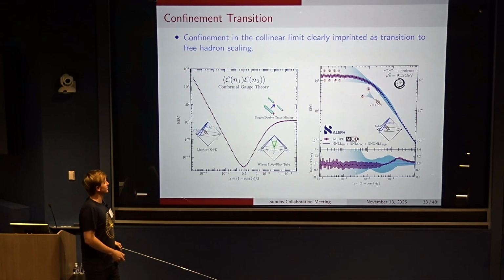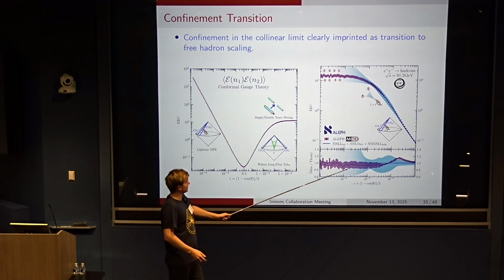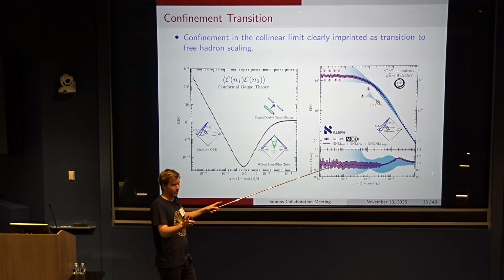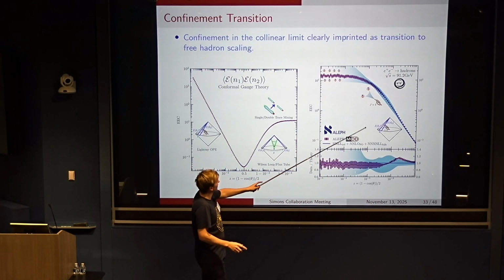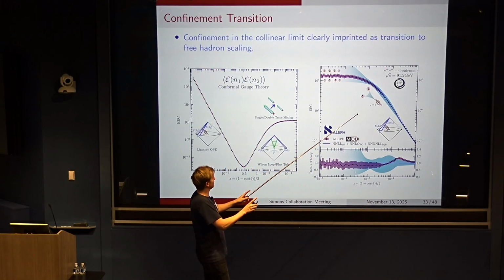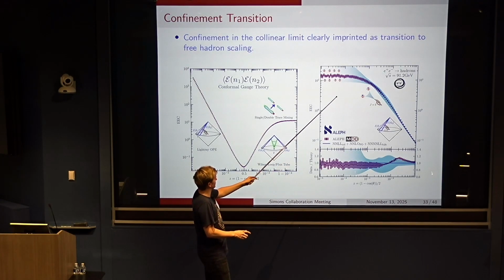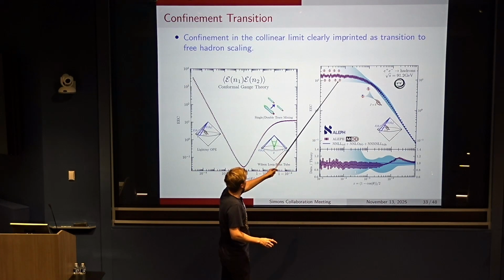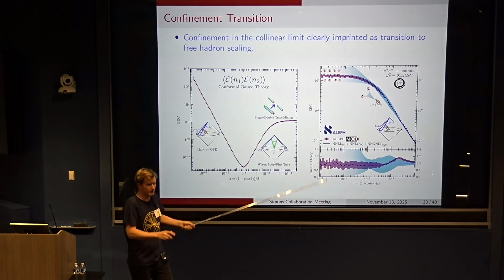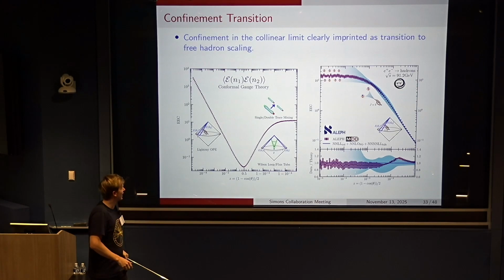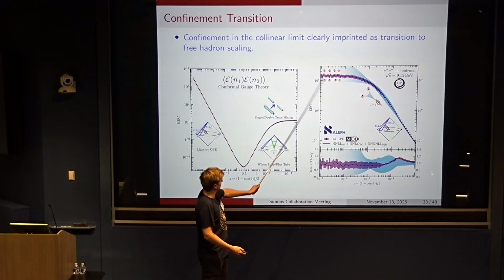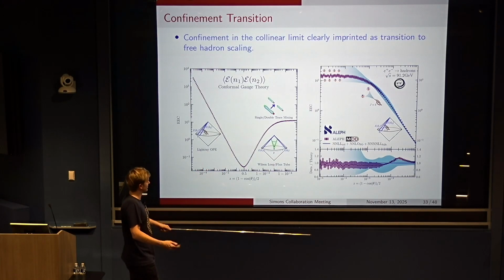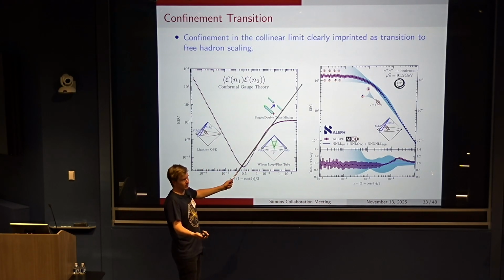In real-world QCD, remember that as I go to smaller and smaller angles, I'm probing lower and lower scales. First my coupling begins to increase, and then ultimately I just confine, and I have some scale which breaks that nice power law scaling, and then I transition to having just the scaling of essentially free hadrons which are not interacting. You can really see by eye this nice transition of confinement occurring. And you can also see that in our calculations, we just lose control of what's happening.